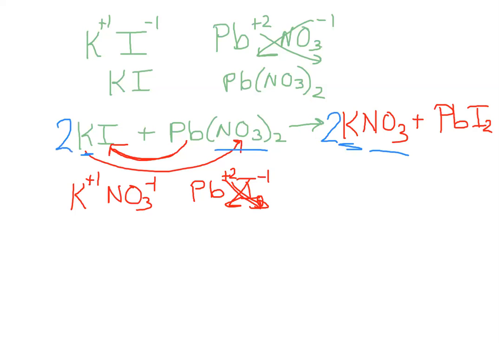here, which gives us 2 iodines, but we have 2 iodines over here, and we have 1 lead, and we have 1 lead. So everything is balanced. So there's our balanced equation right there. Okay, so that's your first step. Now let's go back to our